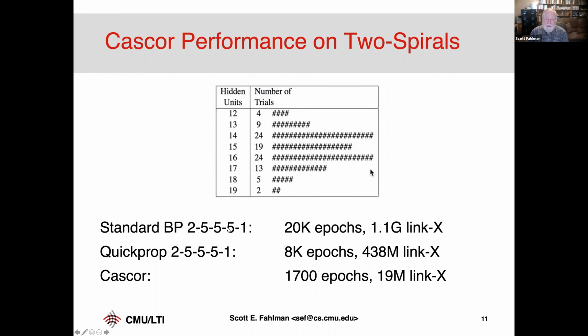Oh, and this had not only total connectivity layer to layer, but it had shortcut connections. Nobody ever learned this task with standard backprop without using shortcut connections, meaning you're skipping over layers. Each layer is looking at inputs from all the previous layers and not just the immediately previous layer. So this is what people were trying to do, and they could actually learn this pretty well in 20,000 epochs. An epoch is a pass through the entire training set. Okay, so 20,000 passes through your training set with a couple of hundred training points.